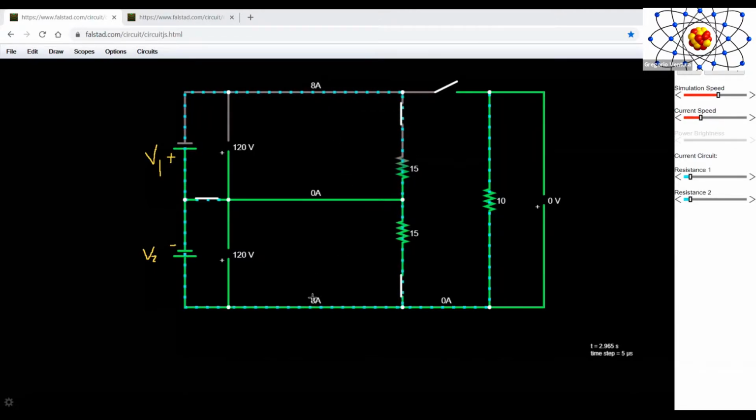And right here, I have 8 amps. And this is a series circuit. We already said, if we take 15 ohms plus 15 ohms, that's going to be equal to 30 ohms. And having 30 ohms as our total resistance,